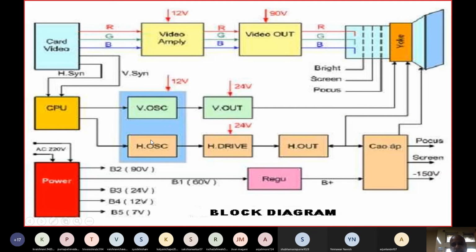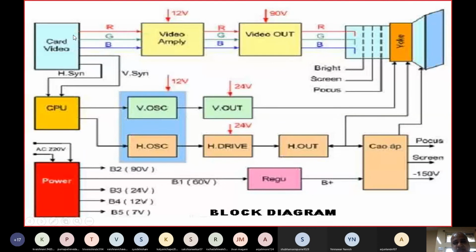Similarly, based on the vertical oscillator, you will have the vertical output drive and horizontal output drive, where the signals are relatively large. From the horizontal drive output you get the horizontal output, and from this very high voltages of some kilovolts are applied to your picture tube. Then there are the controls: brightness, screen, and focusing controls, which are also taken outside. Nowadays most of these are auto controls, controlled by your CPU.